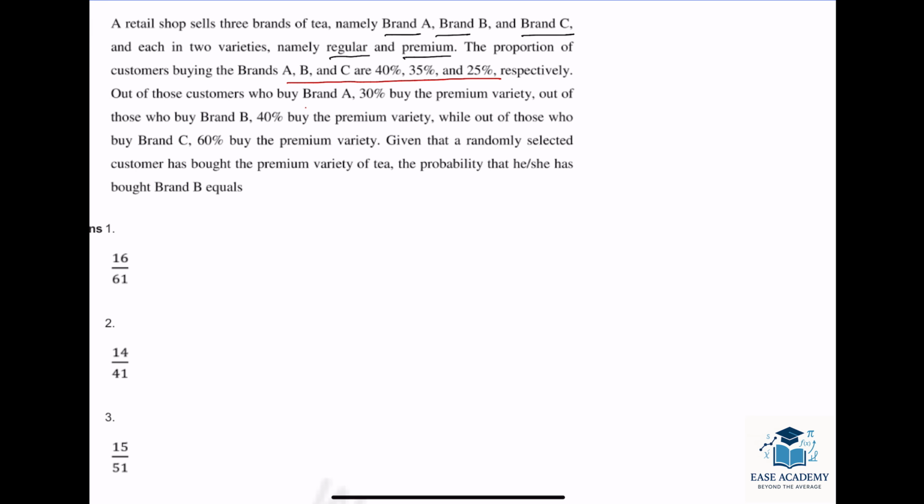Out of those customers who buy brand A, 30% buy the premium variety. Out of those who buy brand B, 40% buy the premium variety. While out of those who buy brand C, 60% buy the premium variety. Given that a randomly selected customer has bought the premium variety, the probability that she has bought brand B equals